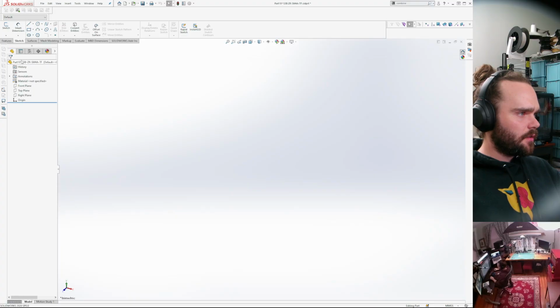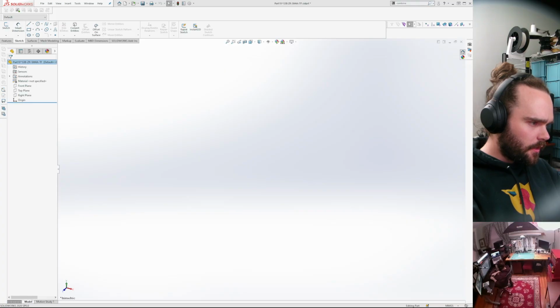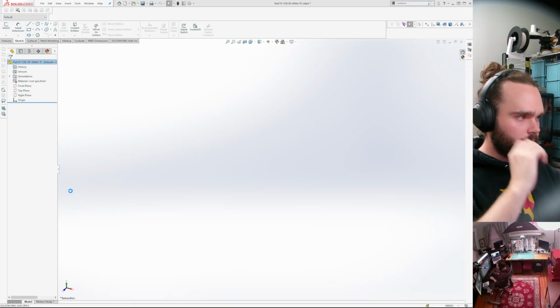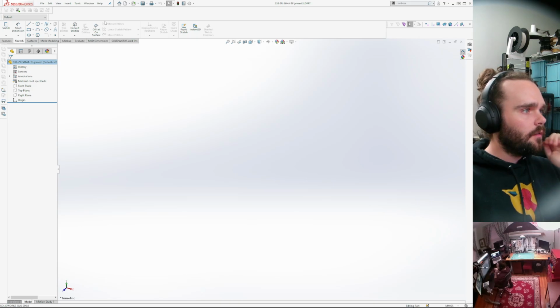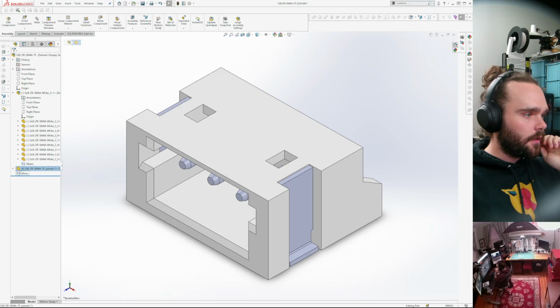So this thing is going to be called... Yes, it's okay to replace. Dash joined. Go back into the assembly. So now it's over here.